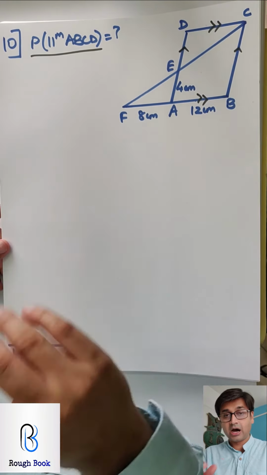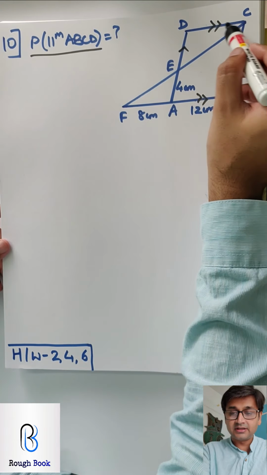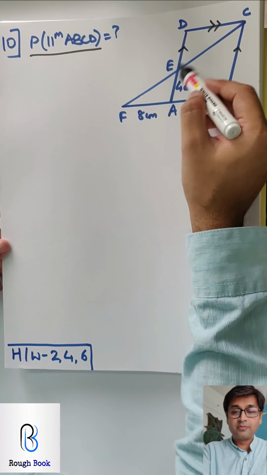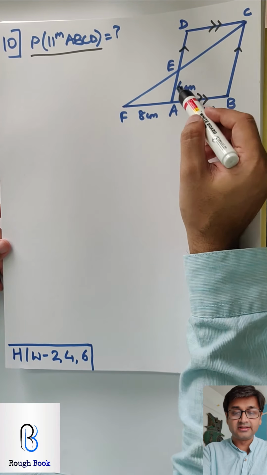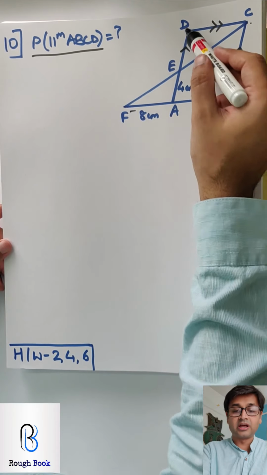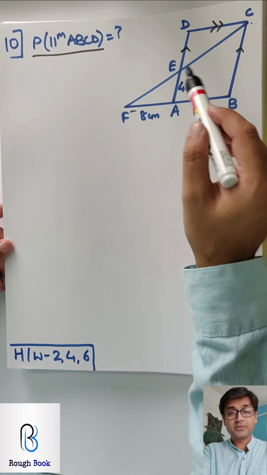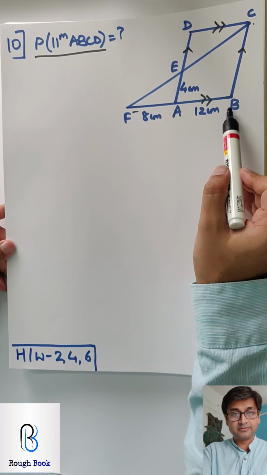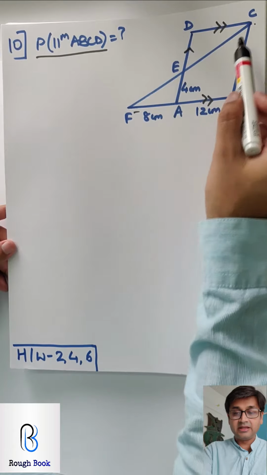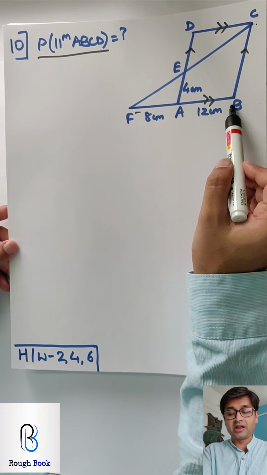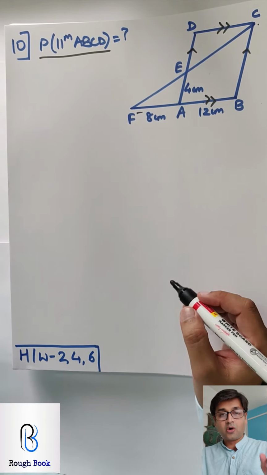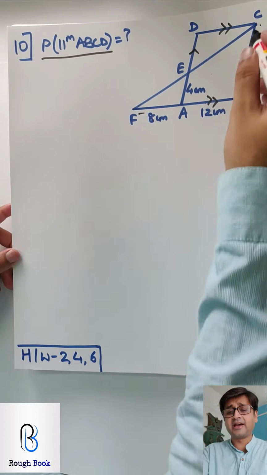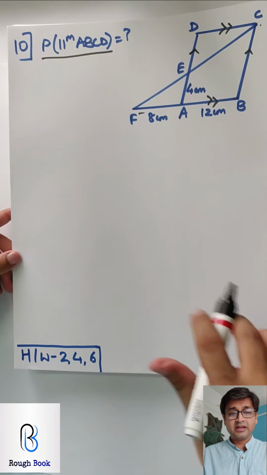Both are possible. How? If you want DE, you will take this small triangle, say that DC is 12, and this small triangle. Prove them similar, DE upon EA, this is known, AF upon DC, both are known, you will get DE and then add it. If you want to find BC directly, then FEA and FCB. Take these two triangles, EA upon BC, FA upon FB. You will directly get BC. Obviously, you and me will choose the same. Which one? What's your choice? Perfect. Directly BC. Why should we go for parts and increase our steps?